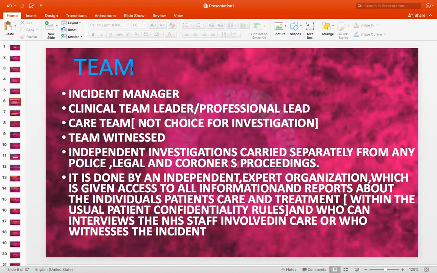Here we are talking about the stage after stage one, that is Datix form one. Once we fill that, then who is going to take care of this? So it is the incident manager, clinical team leader, professional lead, and an independent investigation carried out separately from any police, legal, or coroner's proceedings. It depends upon which kind of incident it is, level 1, level 2, level 3, level 4, or level 5. It is done by an independent expert organization which is given access to